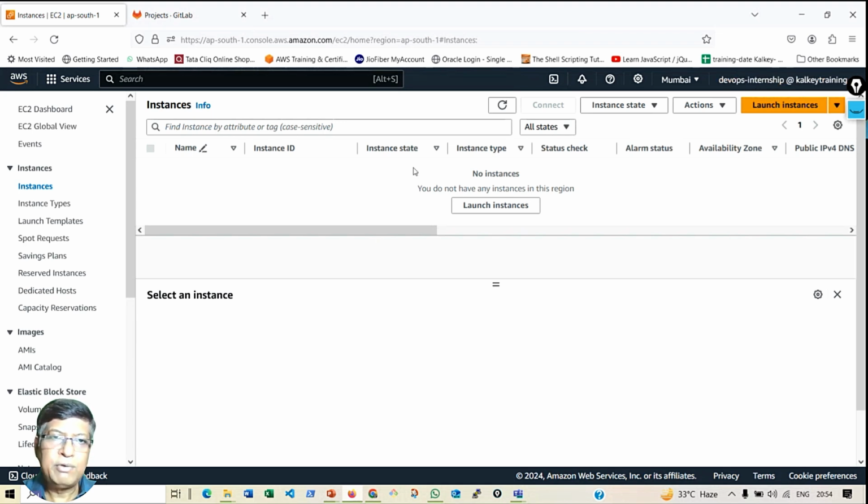Now, can you see that there are no instances created right now? I could have easily launched an instance manually through the launch instances wizard, or with a CloudFormation template, a sort of automation. But I'm not doing any of this. Let's say I have no access to the AWS console. What I will do is use Terraform over a GitLab CI/CD pipeline, and we will